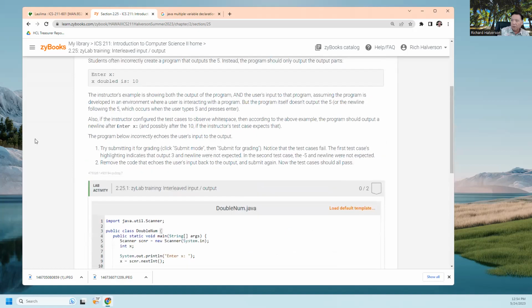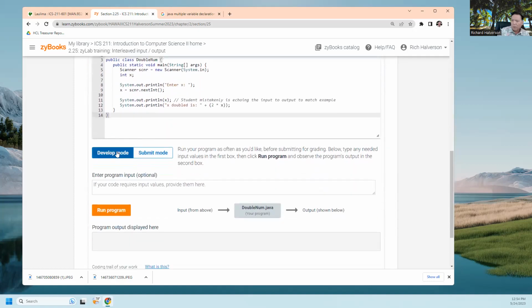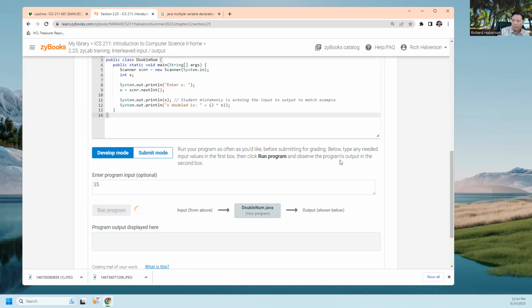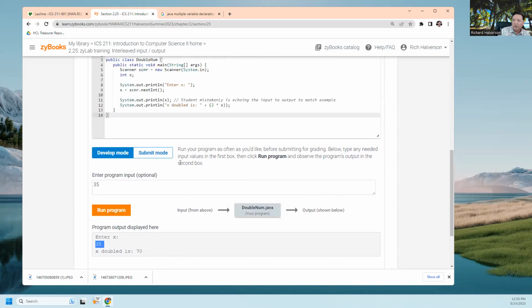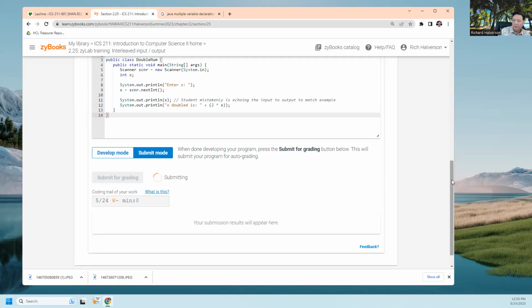I'm going to put a 35 or whatever, and run the program. And the output is this. But really, I'm not supposed to print this 35 out. So if I click submit and try this,